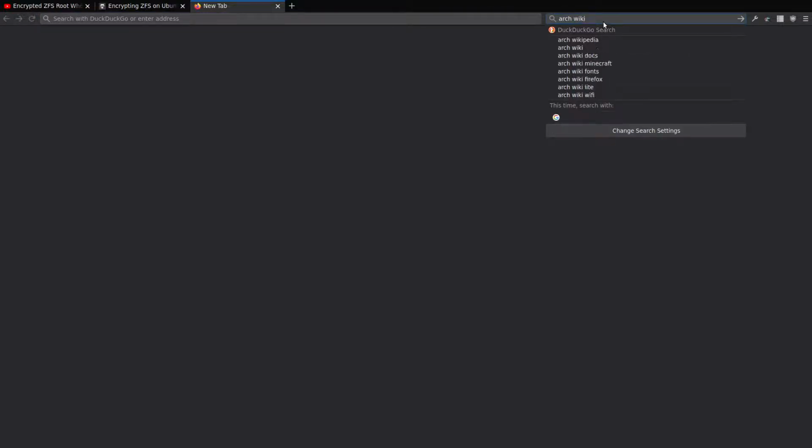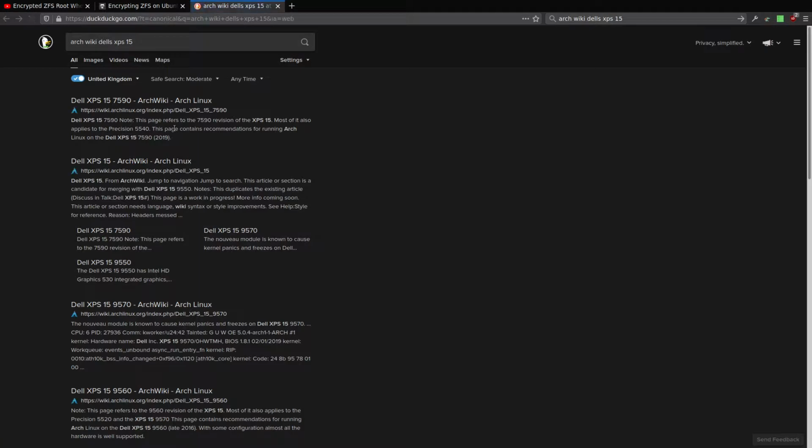While I'm remembering this, if you've got a Dell XPS15, there's some good notes on the Arch Wiki. But what I was going to mention is that if you run StartX and start up xmonad, for instance, which I'm running here,